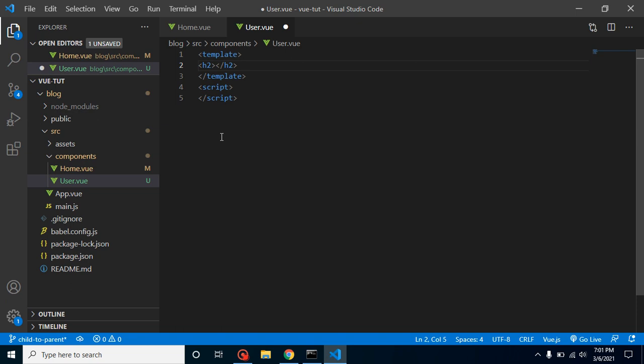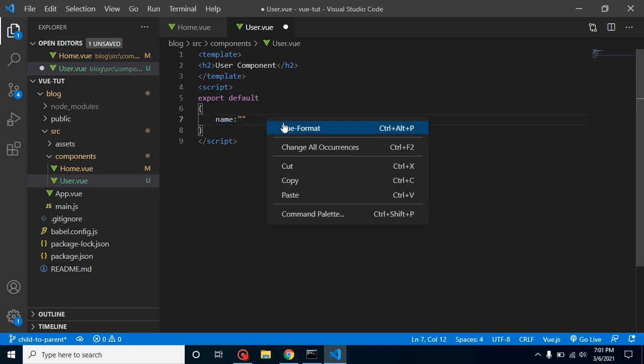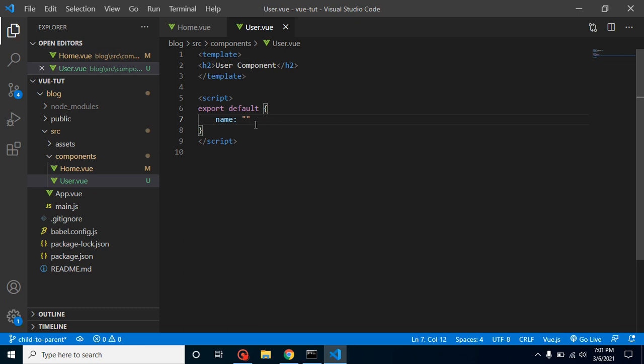We can simply put here User Component, or you can write Child Component also. And now export it. Export default, and the component name can be like this, right? Let me just format it, and let's say my component name is User.